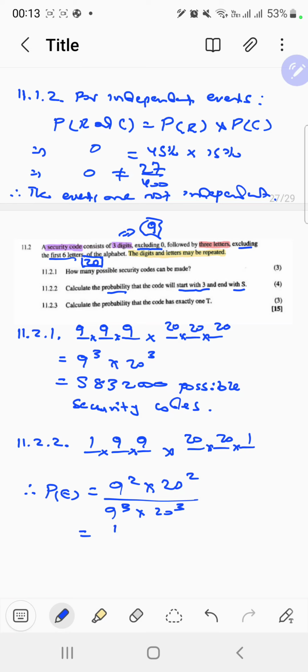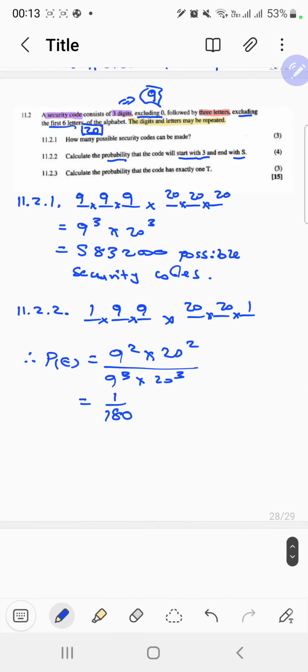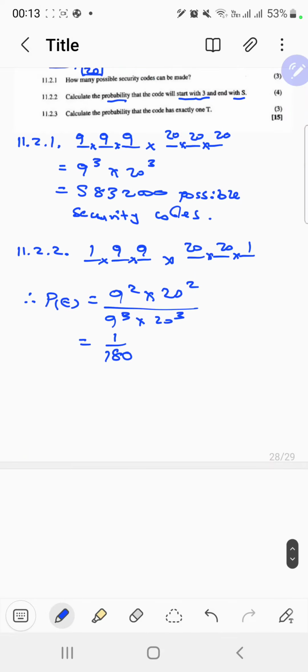So I'm getting 1 over 180. Probability can be left as a fraction, so leave it alone, please. Don't create. Okay, we can do here our